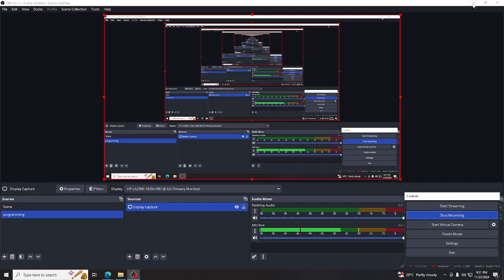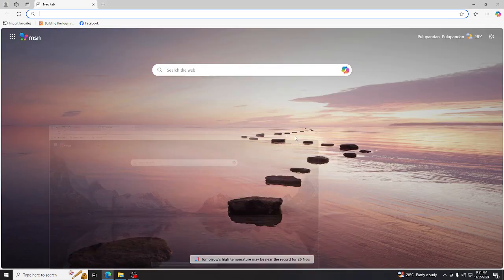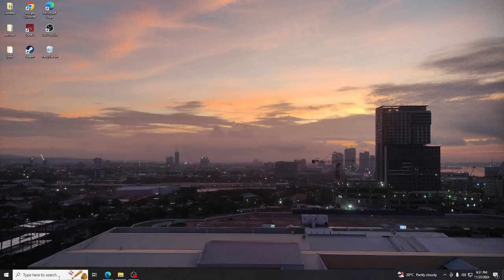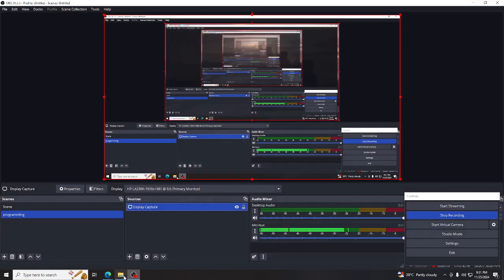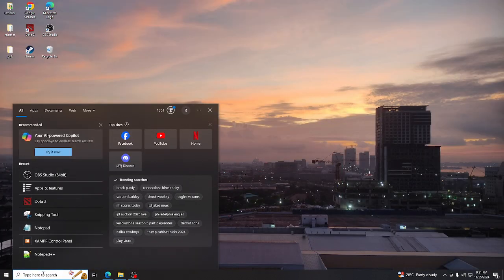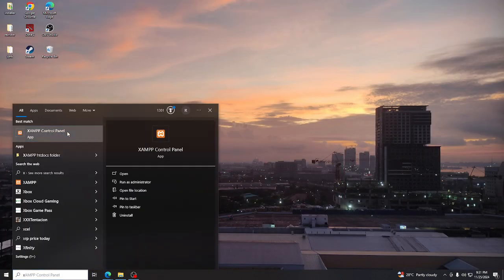Okay, let's go. How to create a database. In order to create a database, you need XAMPP. XAMPP is a tool that you need to use. So first, search for the XAMPP control panel,